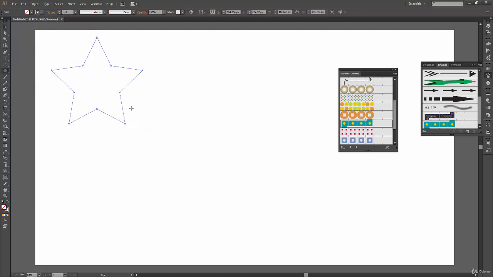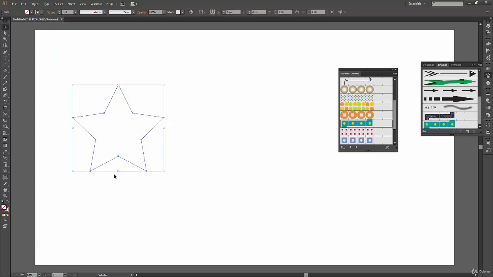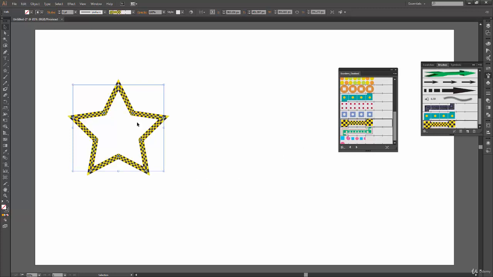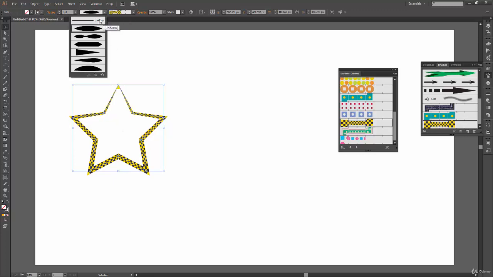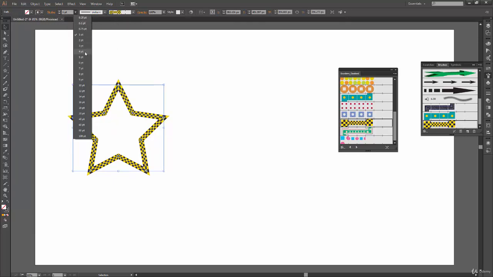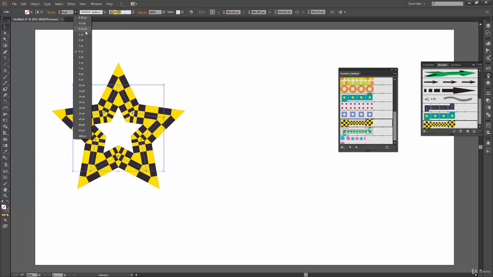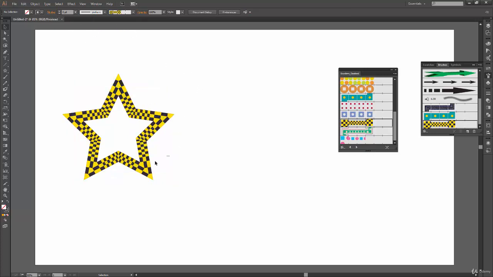So let's create a shape with the star tool over here, and okay, so I have a star now. I have a few borders over here, so I can just click on any of these borders and it will be applied to that stroke. And again, I can increase or decrease my width profile, and I can keep it uniform, increase or decrease my overall stroke width, and you will get some kind of result like this.